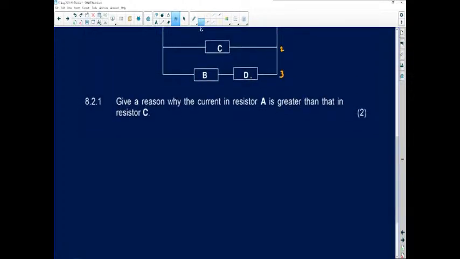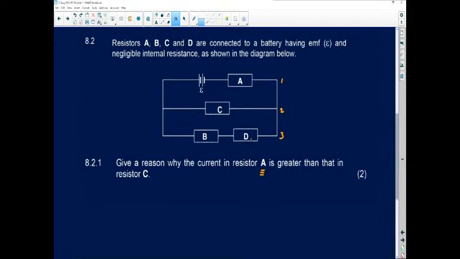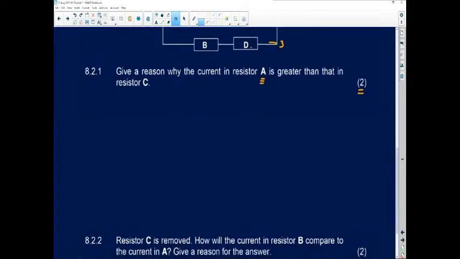So number 8.2.1 says, give a reason why the current in A is greater than the current in C. You can see that A will be in series with this one and this one, but I can also see that the current in A is the total current in the circuit before it splits between 2 and 3. That is for 2 marks. So the examiner wants to see that you can see that some of the resistors are in parallel with each other, but one is therefore in series. So we can say for 2 marks, for A, since the total current will pass there,